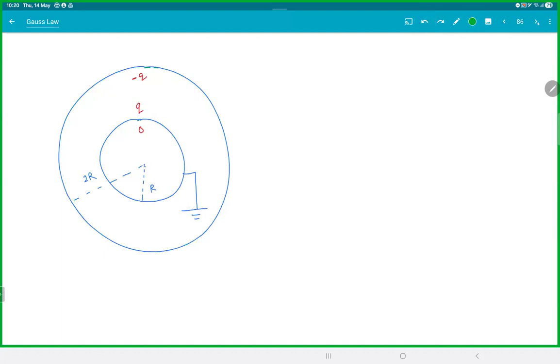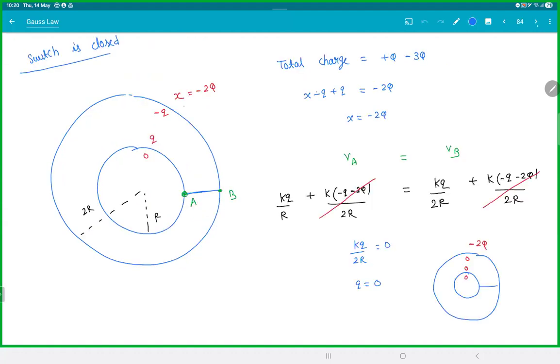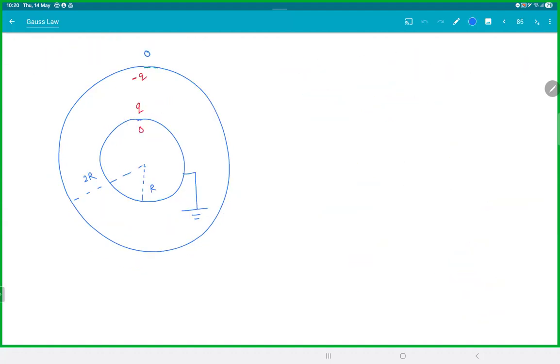Perfect. And what about the outside charge? Remember, the outside is not connected to anyone, so the charge is still conserved. So this is plus q, and you have a minus q here, so this would be q plus q. So the total charge outside should still be plus q, that is still conserved. Any doubts on these steps? All clear? And then if you look at this point here, VA,